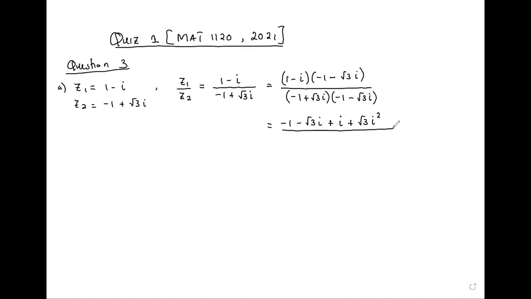Over negative 1 times negative 1 down, we get positive 1, we get plus root 3I, then minus root 3I, then root 3 times root 3 will give us minus 3I squared. But we know that I squared is just minus 1. So we have plus I minus root 3 there. Down also we have 1, this will give us 0, so we have plus 3. Giving us negative 1 minus root 3